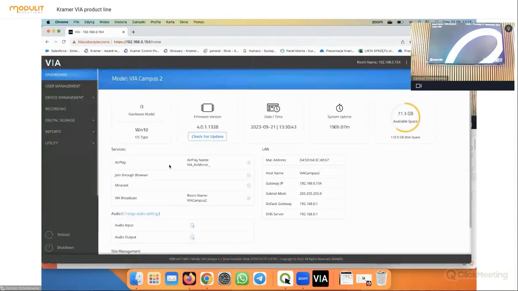Okay, so this is our dashboard for the VIA settings. We can see all the basic information about the VIA, what the network settings are, the current version, what hardware we are using right now on the VIA campus, for example, because over the years the revisions and hardware were changed, but the software remained the same. So it's sometimes crucial for me as technical support to know which hardware version you use,